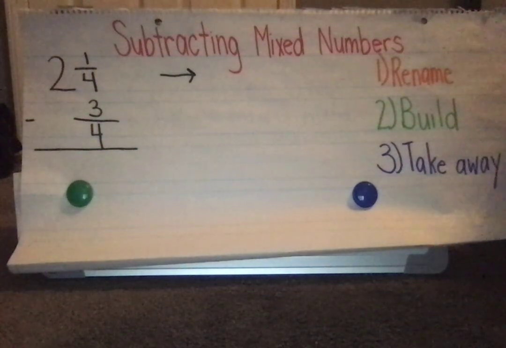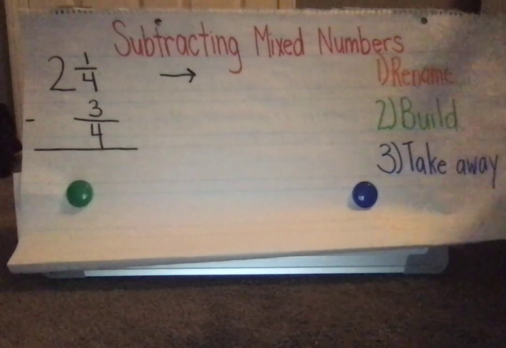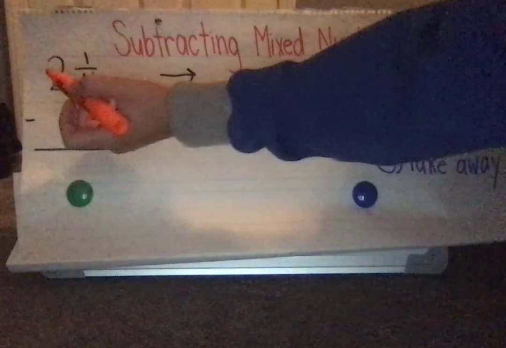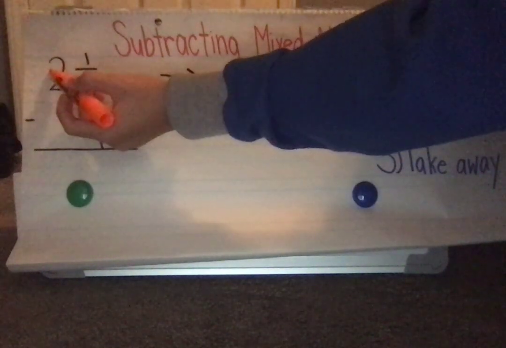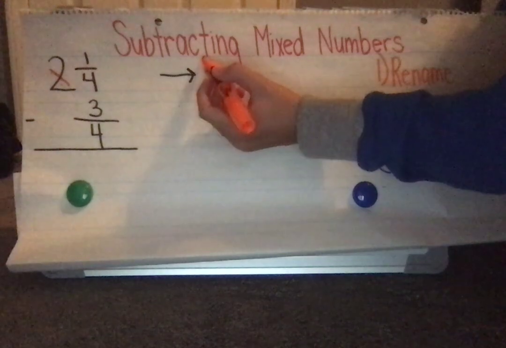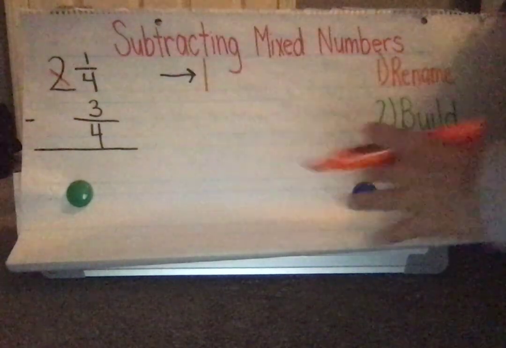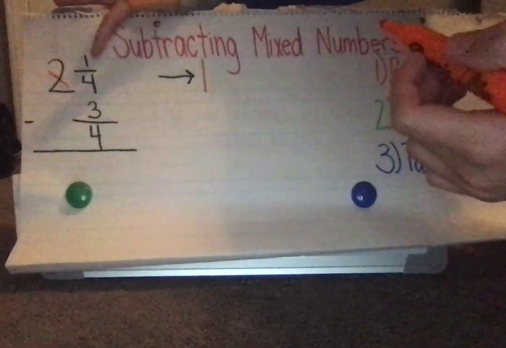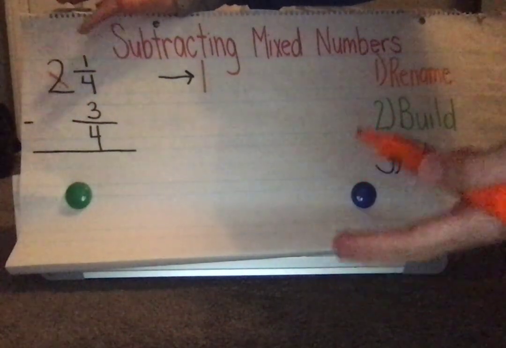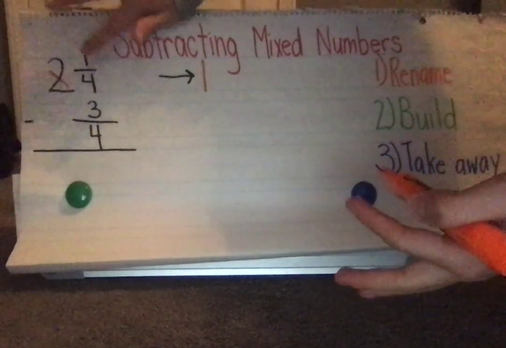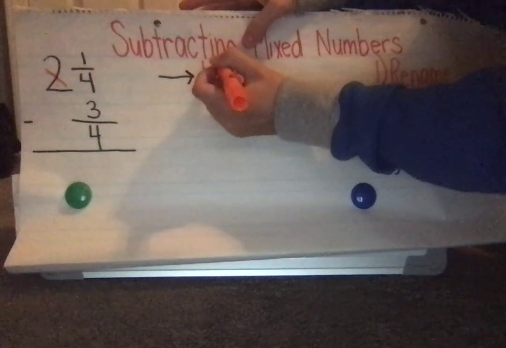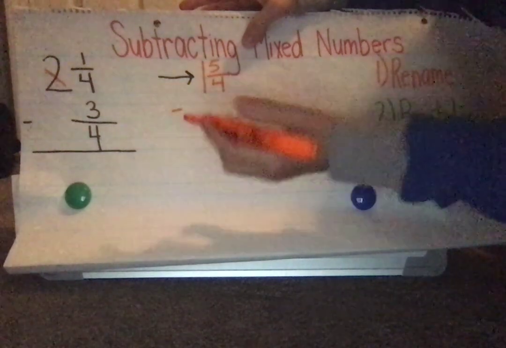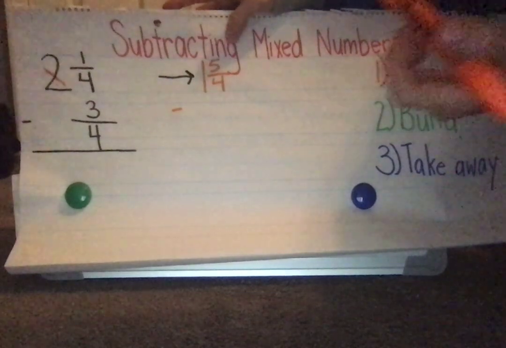And we did this already in 4th grade, so this should serve as a review or a reminder that when we rename a mixed number, we take 1 away from the whole, so the 2 becomes a 1. But then we need to add that whole to our fraction pieces. So if we're working with fourths, a whole is 4/4. So 4/4 plus 1/4 equals 5/4. And now I'm able to subtract 1 5/4 minus